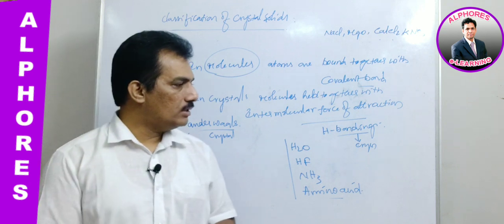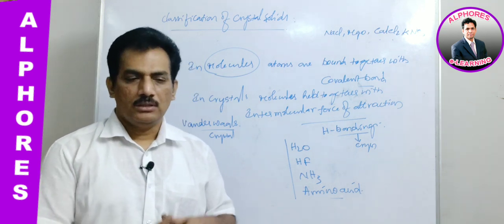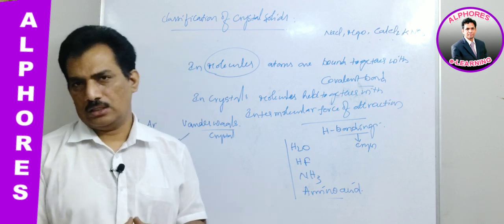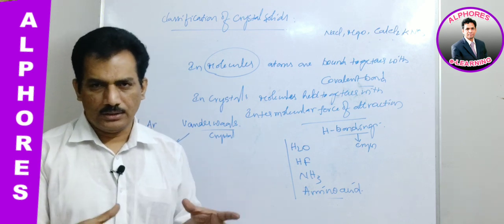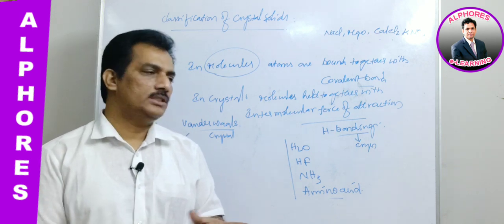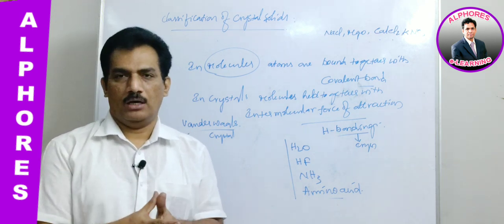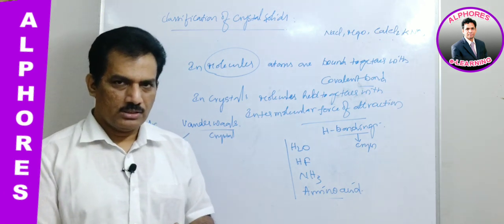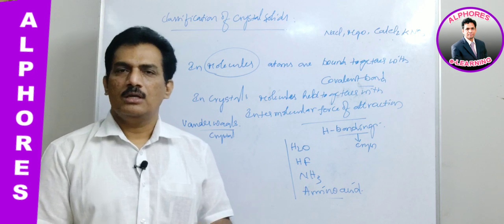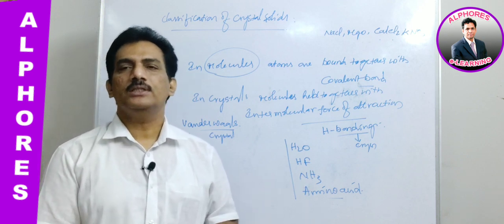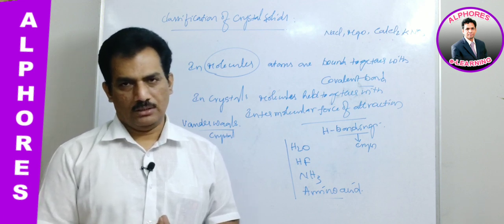In the next session we are going to consider the orientation in which these ionic crystals, covalent crystals and metallic crystals are arranged. We have to find the neighboring atoms, that is, the coordination number. What is the coordination number? How to find it in ionic crystals, and in case of metallic crystals, what is the coordination number? How to guess it? All these we will discuss in the next session. Okay.